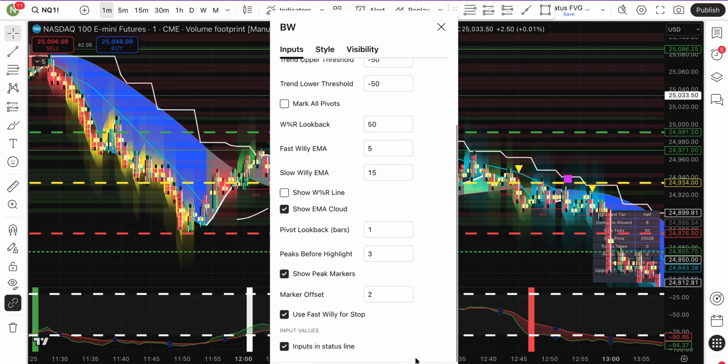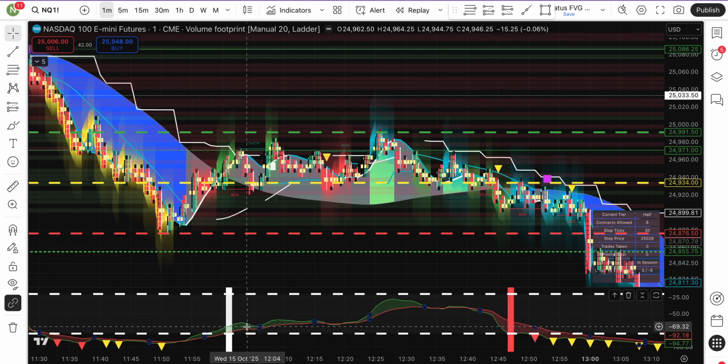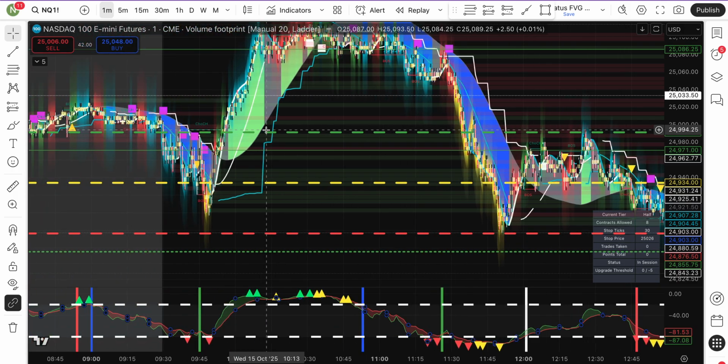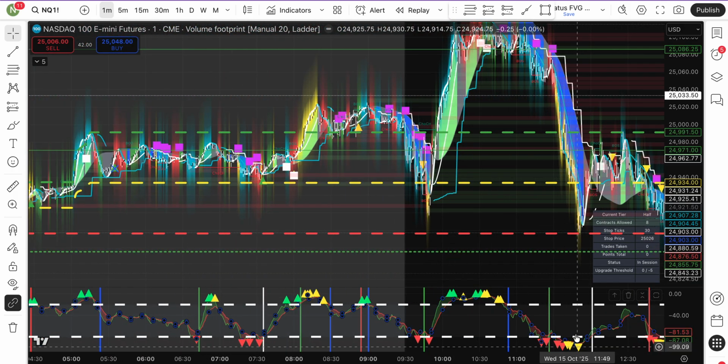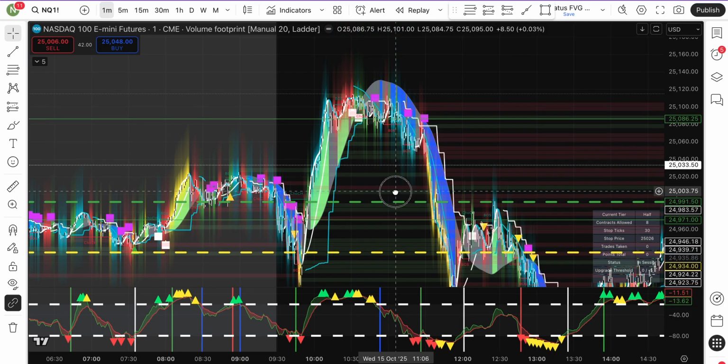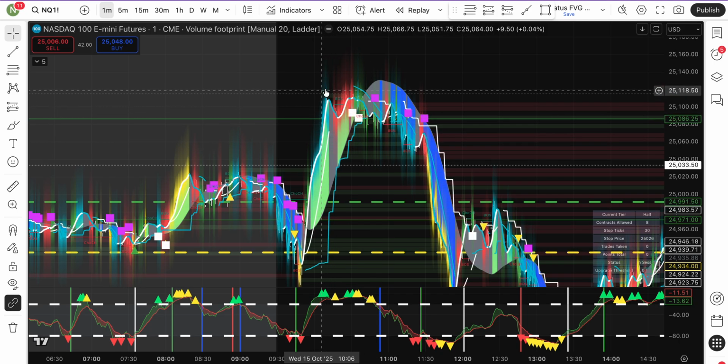So if we show the peak markers, the peaks, they're not obvious. You would have to be pretty zoomed out to even really see them visually in terms of the lines. But the peaks that are being measured are essentially the BW spiking, and that always corresponds to price action. So we're going to take the price here from this spike and the price here from this spike, and we're going to compare the two. And if there's any sort of divergence, then it may trigger a divergent peaks bonus signal in the